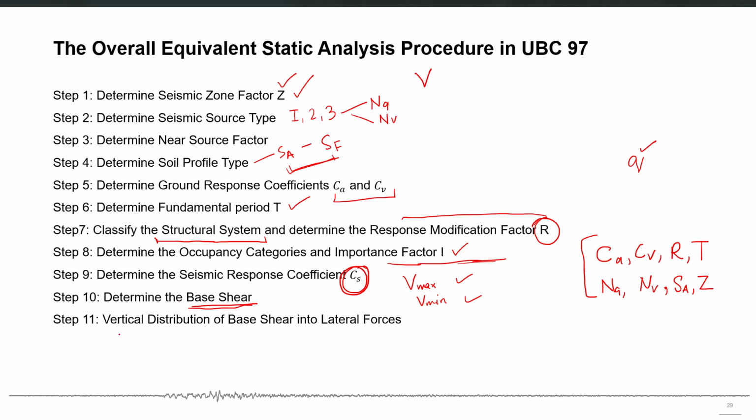Now the last step would be that you vertically distribute this base shear into the lateral story forces. So you already get the resultant value for the equivalent force which the future earthquake will produce, V, and then you apply that resultant force at each story level, basically a part of the resultant force at each story level. If you sum all the forces, you will get the same number, and then you carry out the static analysis of your structure against these story forces. All the responses you get as a result of that static analysis will be called seismic responses or seismic demands.